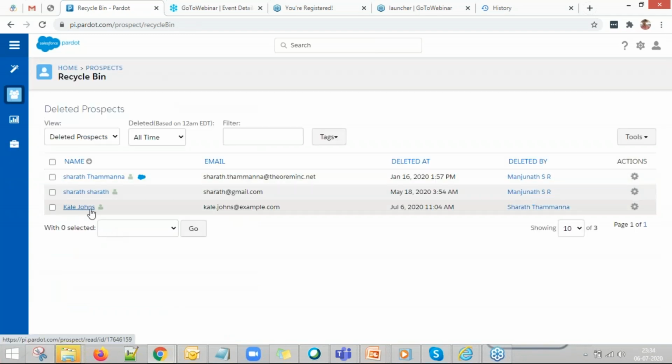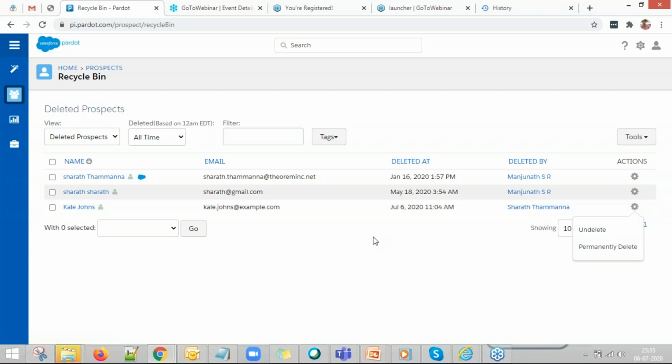See here, you have Cale Johns. You have two options. One is you can permanently delete it from the recycle bin as well, and you can undelete them. Once you click undelete, that prospect will come out of this recycle bin and